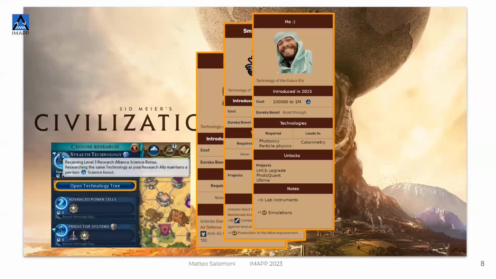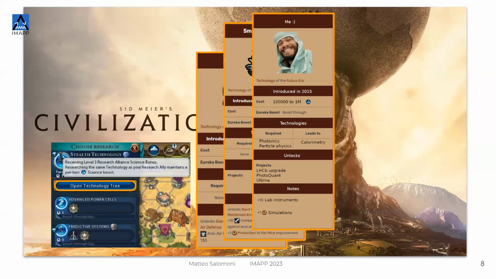But basically, it's me. We have this cameo that I made. Of course, I'm not in the game, but if I was, I was introduced with the patch in 2015, and they cost a lot of money, of course, because I spend a lot of money for materials. Maybe Angelo knows. And I come along with photonics experience, calorimetry, which I'm doing right now, and I'm part of the LHCb collaboration, as he said, and I participated in several projects.